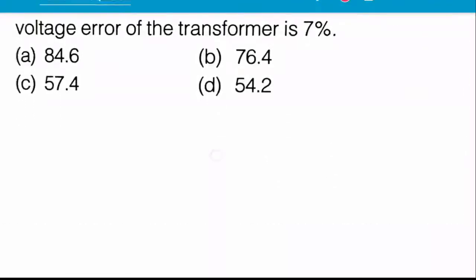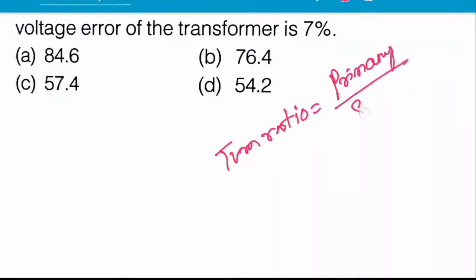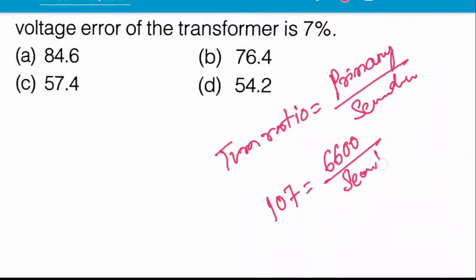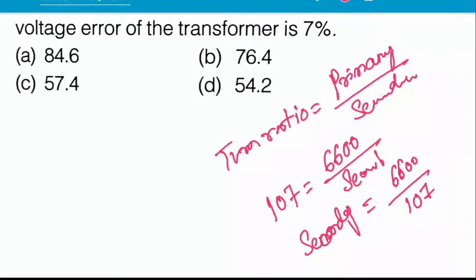Turn ratio, what is turn ratio? Turn ratio is always primary to secondary. So 107 is equal to 6600 by secondary. So secondary voltage will be 6600 by 107, which will be equal to